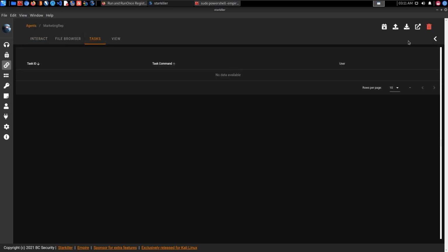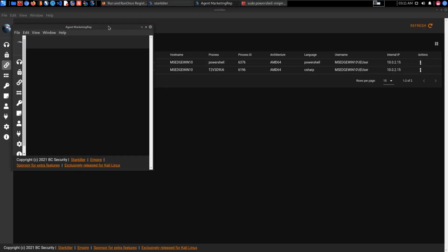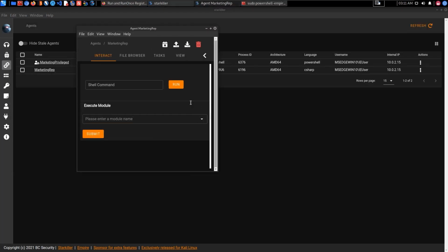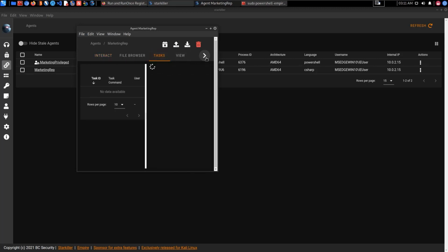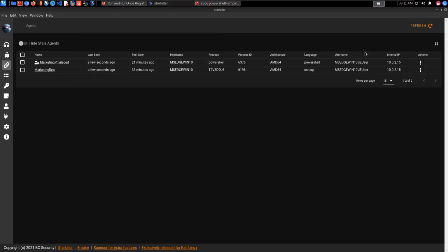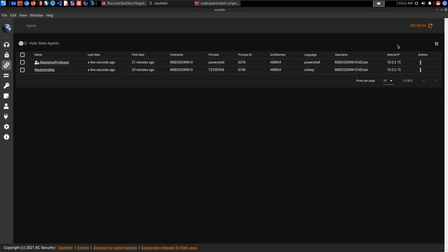For some reason, I've not been getting any output displayed here within my output pane. But we'll probably have to see whether we can actually pop that out here. So agent marketing rep, let's see whether that actually works out here. If I bring that over here, does that work out? No, it doesn't work out, but we can interact the same way with